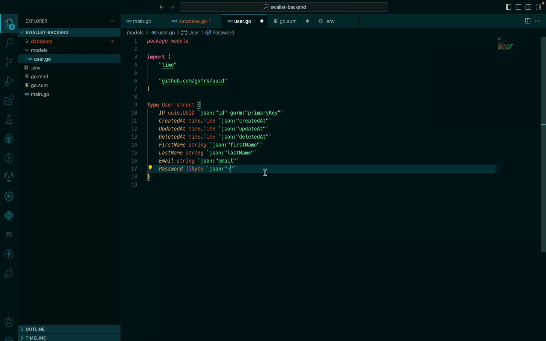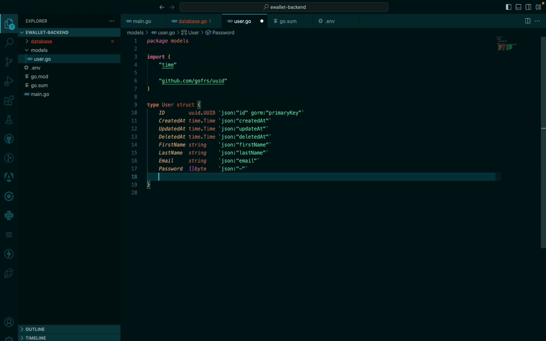So anytime we want to return the user's record, we don't want to return this password. So that's why I'm putting this hyphen here. So take note of that. So the next thing we need to do is we want to put referral code there, because we're going to be generating a referral code for each user when they sign up, which is going to be of type string,